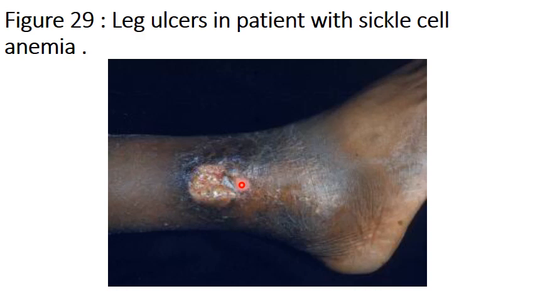Leg ulcer also can be seen in patients with sickle cell anemia. This is due to repeated occlusion of the blood vessels by sickling. It might lead to ulceration in the leg. This is another clinical presentation, or complication, of a patient with sickle cell